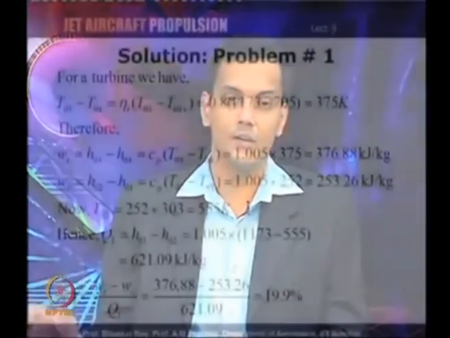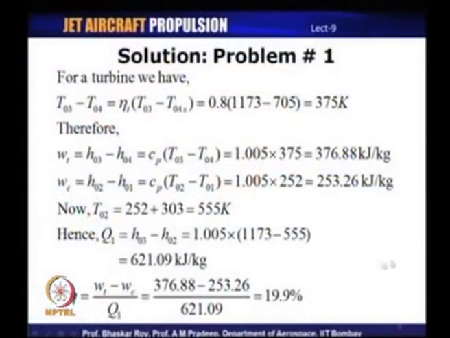So, for this cycle, the heat input comes out to be H03 minus H02, that is 1.005 into 1173, which is the max cycle temperature, minus H02, that is Cp times 555. So, heat input is 621.09 kilojoules per kilogram. Therefore, efficiency is equal to the net work output, which is Wt minus Wc, 376.88 minus 253.26, the whole thing divided by 621.09. So, this is